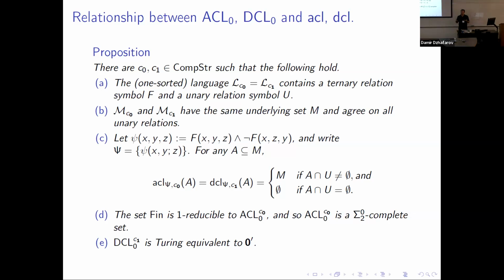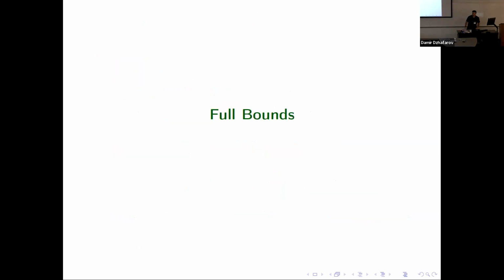And the one-step definable closure is also Turing equivalent to zero jump. So knowing the full algebraic closure tells you nothing about the one-step algebraic closure. Okay, so now that we've done quantifier-free bounds,